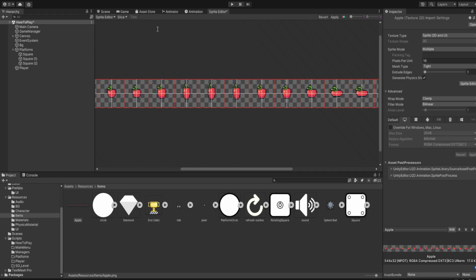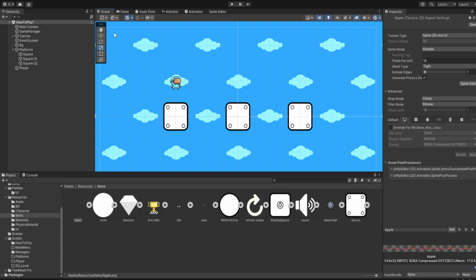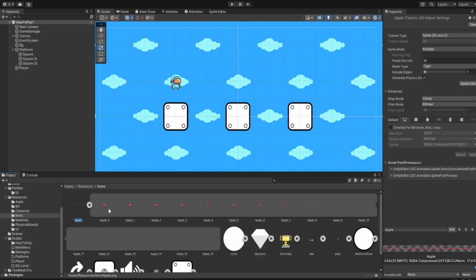What's the size? Okay, 32 by 32. Slice. Okay, so now it's done,